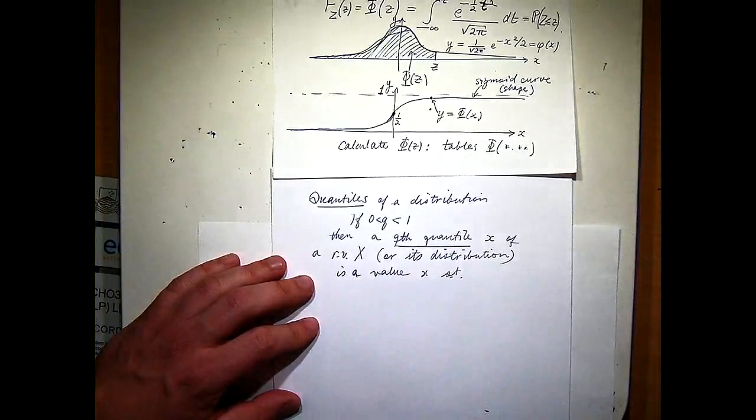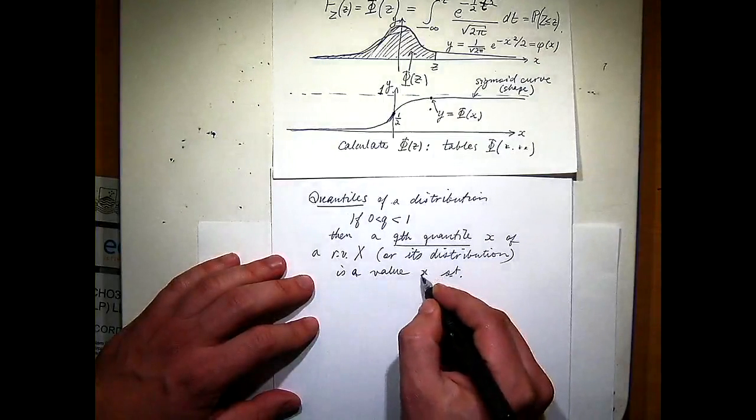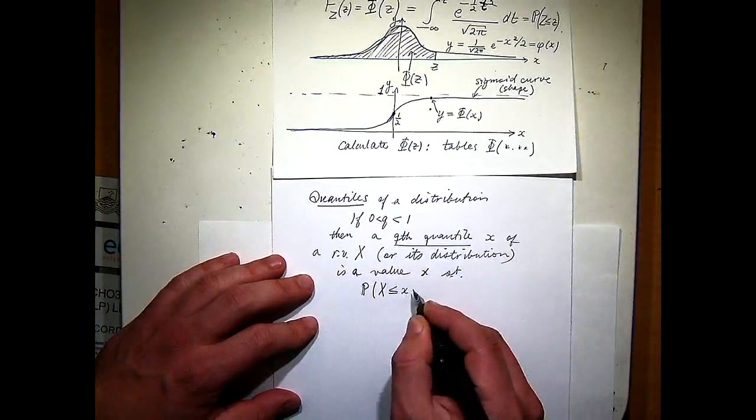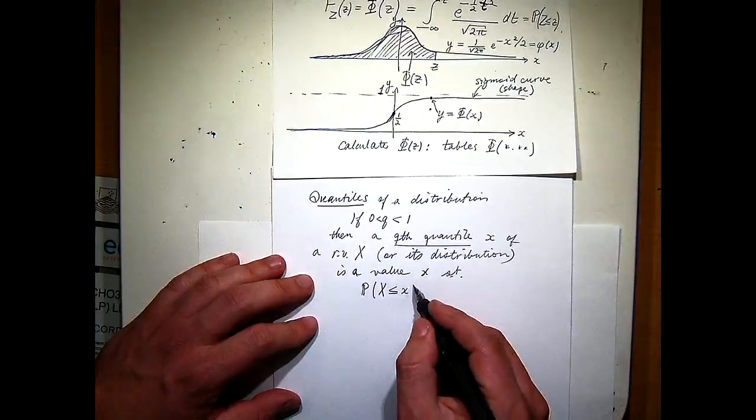There are slight variants, especially if you're doing a sample quantile, which is a bit different. But a theoretical quantile is just this: the probability that X is less than or equal to x is q,